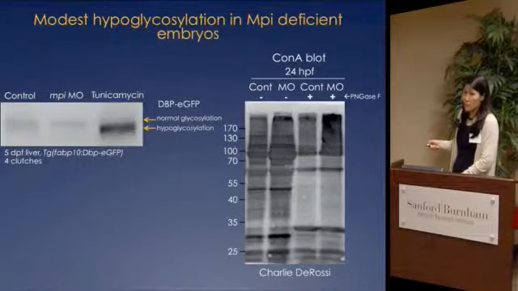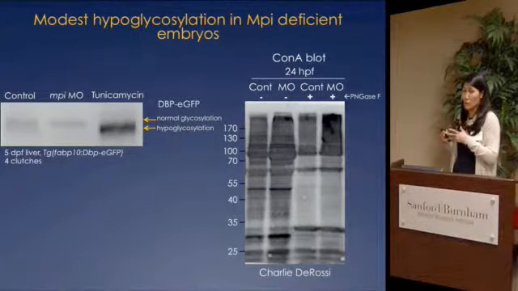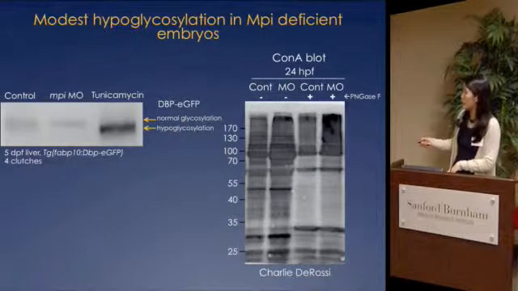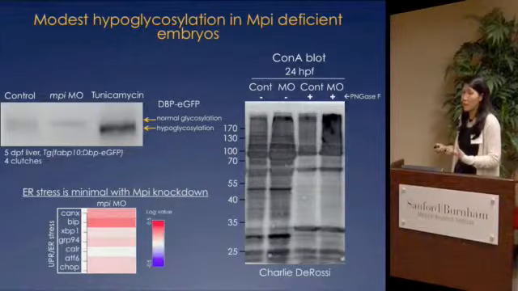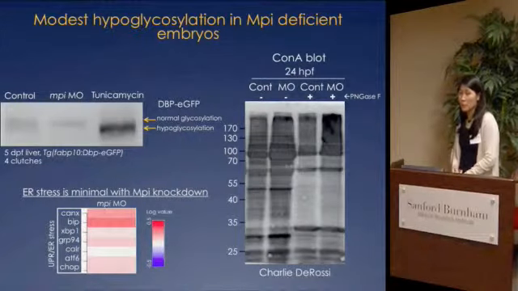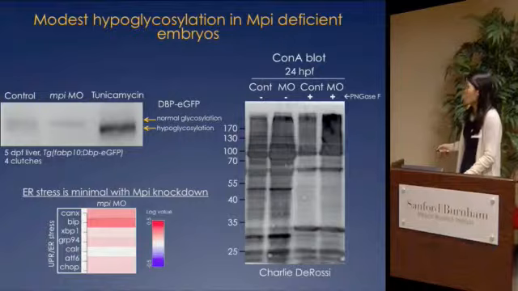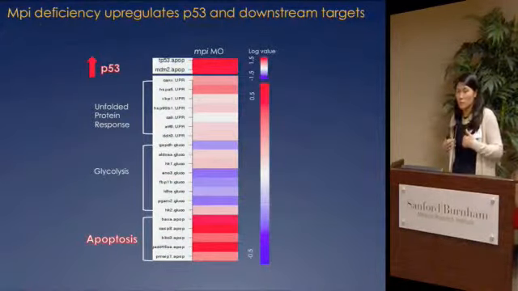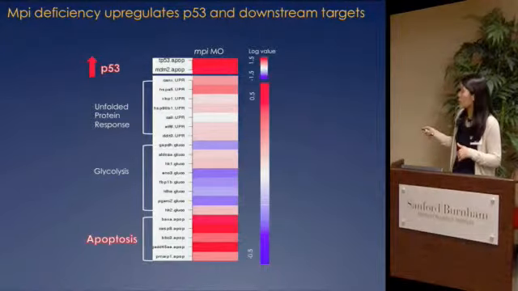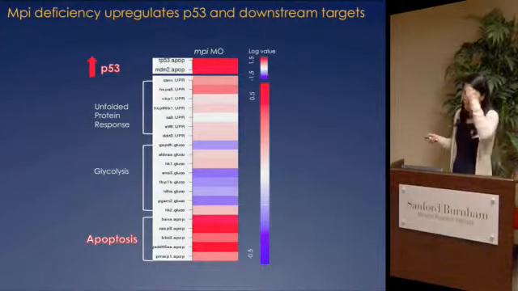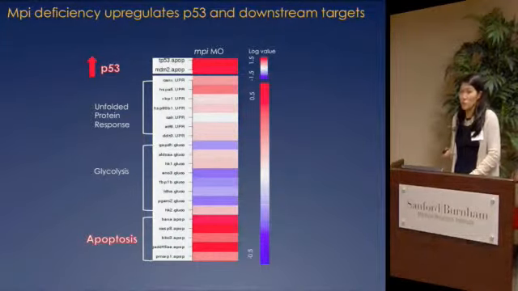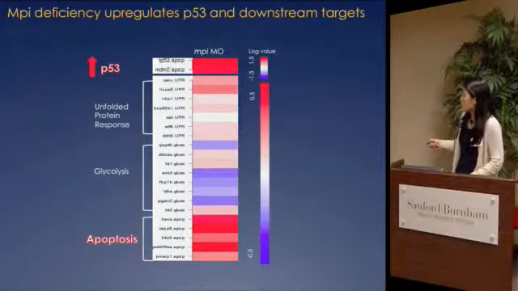We've looked at ER stress to see whether maybe these abnormally glycosylated proteins aggregate and cause ER stress, and found through RNA-seq that the pathway was mildly, if any, upregulated and did not cause ER stress. So what we did next was take a broad survey to say, well, what about when you knock down MPI, what pathways are upregulated? And our top hit was P53. P53, I'll show you a little bit more, is one of the oldest tumor suppressor genes that have ever been identified. And its related apoptosis pathway markers were also elevated.